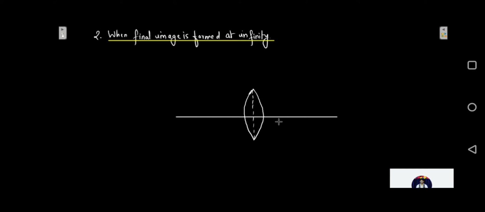So you can see the image which is formed at infinity with a relaxed eye as compared to the image which is formed at the least distance of distinct vision, which was the first case. So what we will have to do over here is take a convex lens and place our object at the focus. In the previous case, we had placed our object between the focus and the optical center, so it was within the focal length. But here we are going to place our object at the focus, and the image will be formed at infinity, which is quite comfortable for watching.